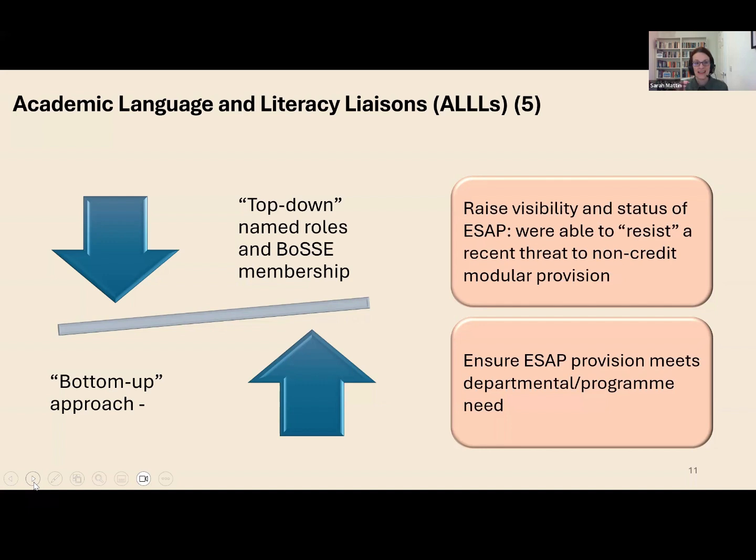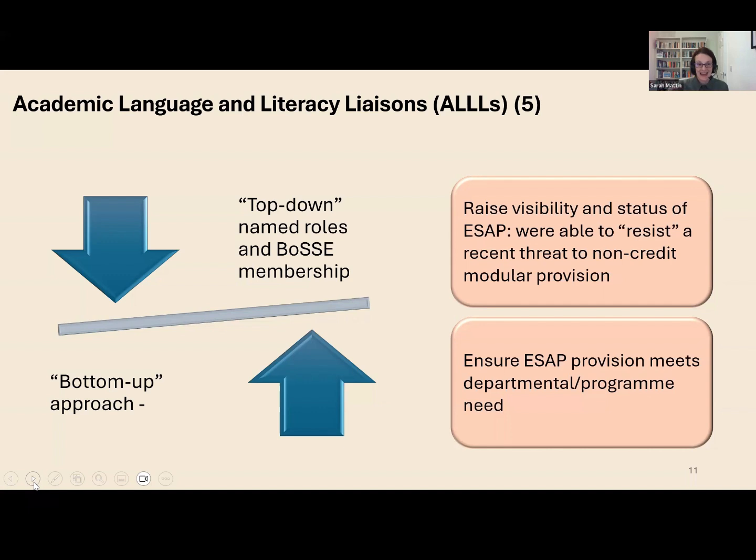What we've tried to do here is capture that bottom-up approach of networking with people and bring it together with a more top-down management. What am I trying to say? A management endorsed, role procedural aspect of the liaison role,